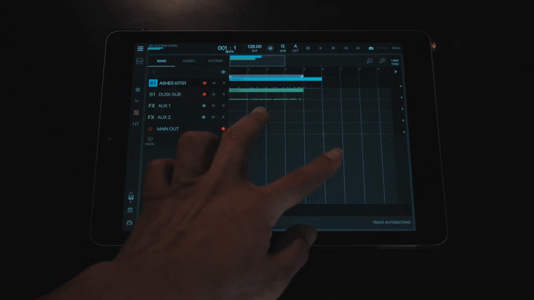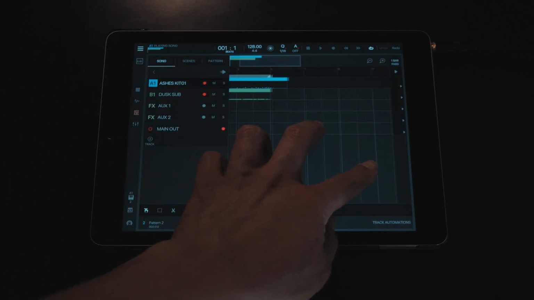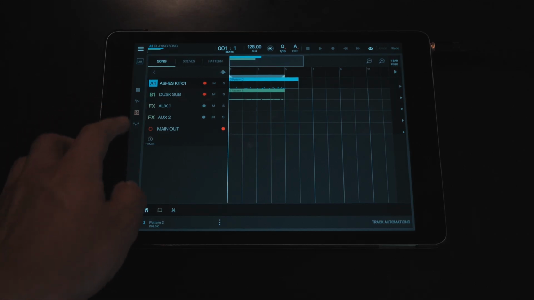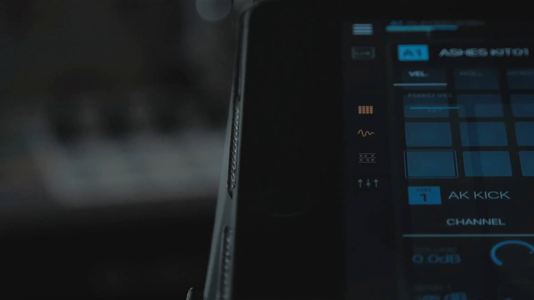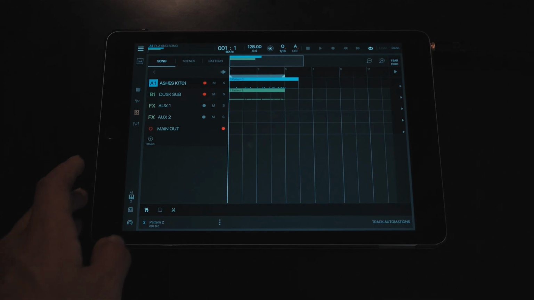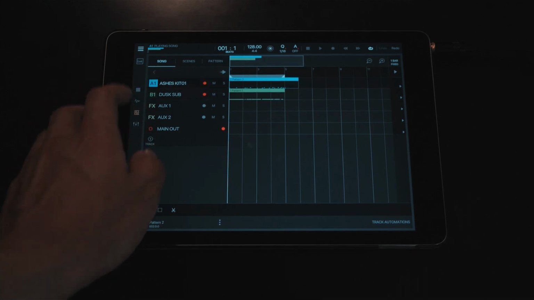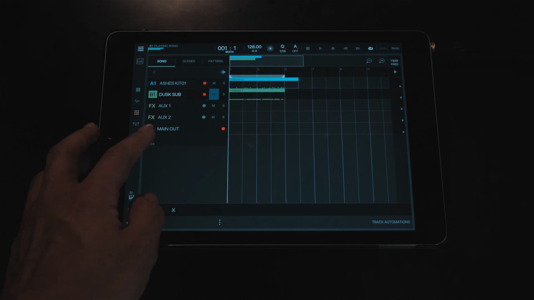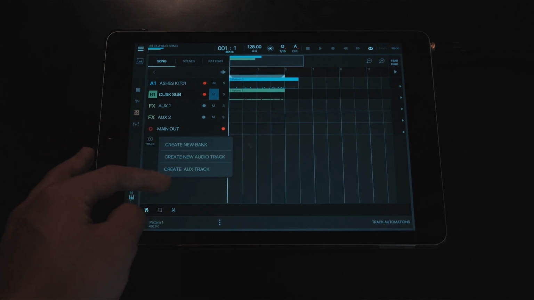Here we have a timeline that shows us our entire project in measures. At the top, we have our playback functions. On the left, we have our transport toolbar, which we can use to access the other sections of our project. Next to that is a stack of organized tracks. Here we have the two banks that were made in the pads tutorial, and we can solo or mute them. Below our default main output, we have a plus button, which enables us to add more tracks.